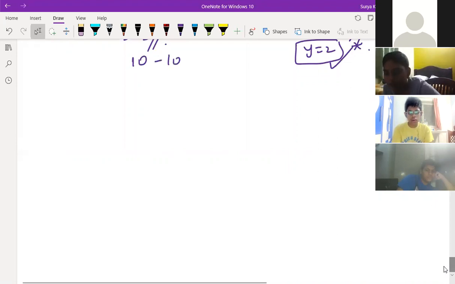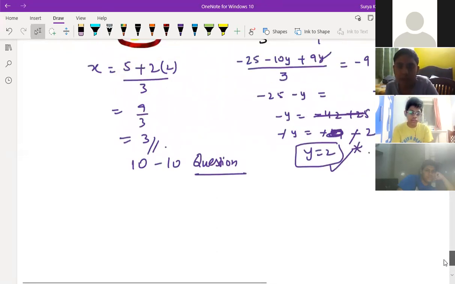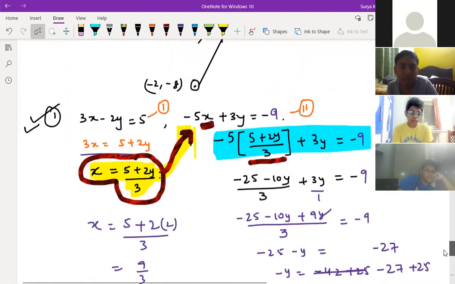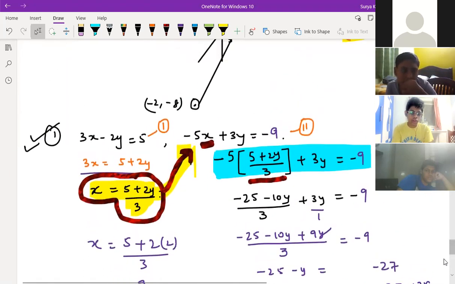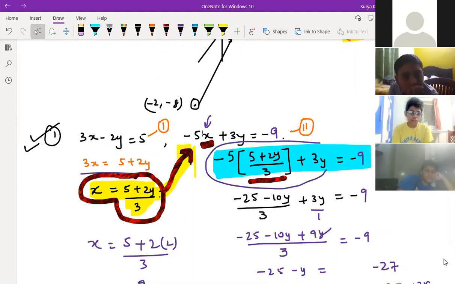A last doubt for that. When we're substituting equation 1 into equation 2, we only need this x part, right? We don't need the y part. No, because I want to eliminate this part, I want to remove this x from here. That's why this whole thing becomes in y form only. The first equation is in x form, the second in y form. You can take y also from here.